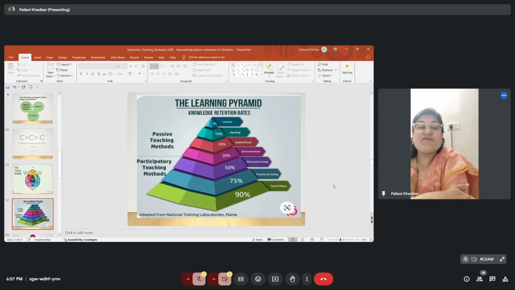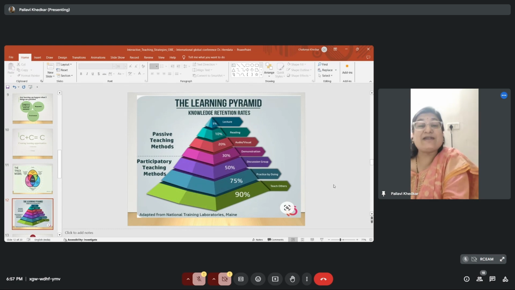Therefore, what we want today is an active learning class. This is the learning pyramid which I would like to share. In this learning pyramid, there are two things: one is passive learning and one is participatory or active learning. In passive learning, if you keep on lecturing, only 5% of the students could gain